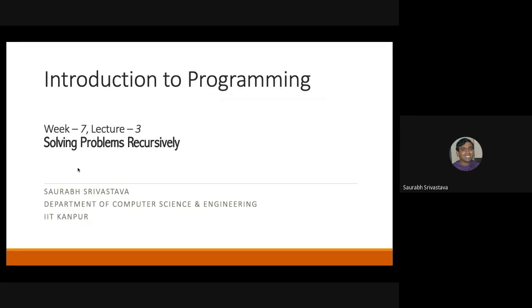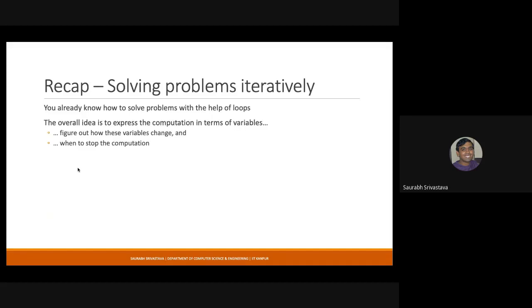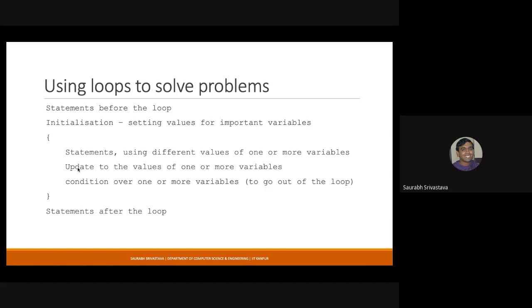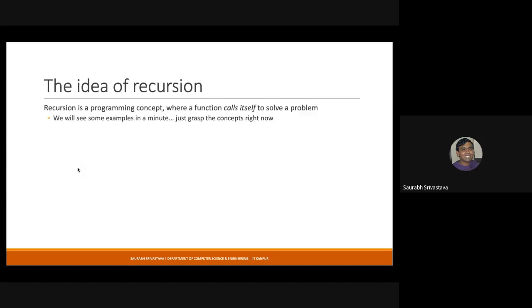So after that, we had a look at recursion. Recursion is basically the case where you are trying to call the same function again and again from within the same function. Recursion is usually a counterpart to loops. What do you do in loops? You execute the same code multiple times, and then you exit the loop when a particular condition is true. Similarly, you can do the same task using recursion. That is the overall idea.